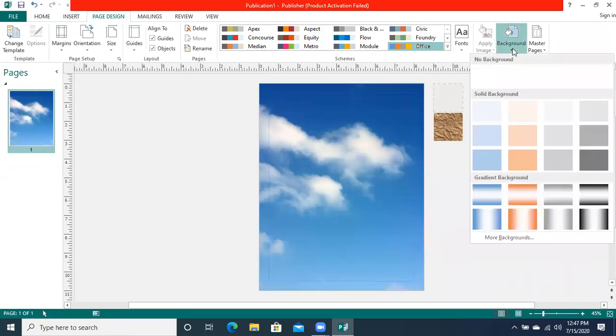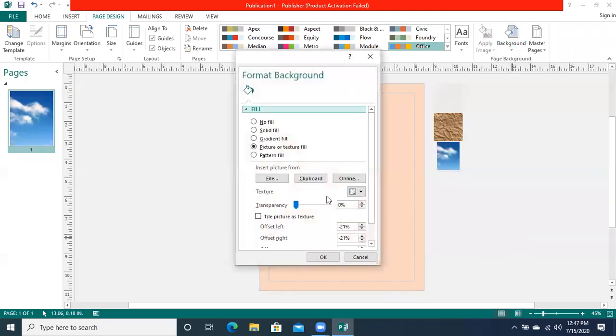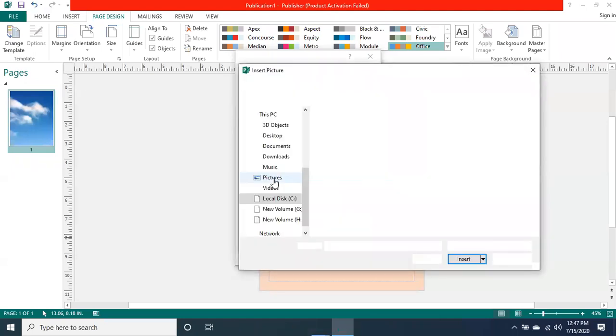Now see another option. If we go to the more backgrounds option again, and you go to the clipboard. Clipboard means if you have copied something and you want to paste it over there, then it is possible. But you can go to the file option.